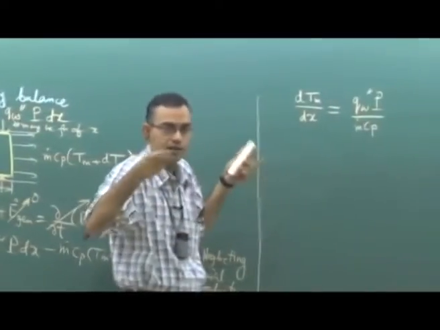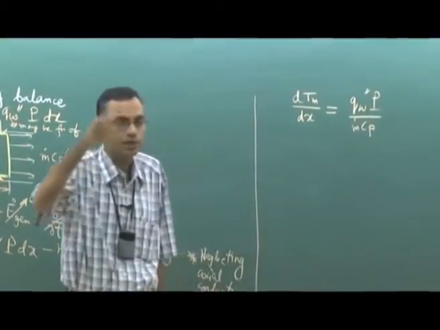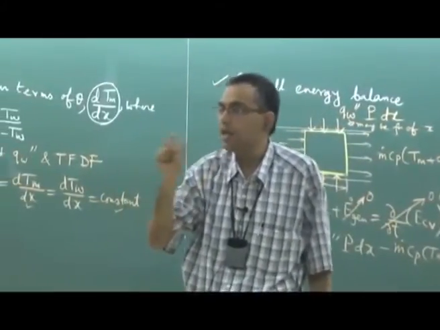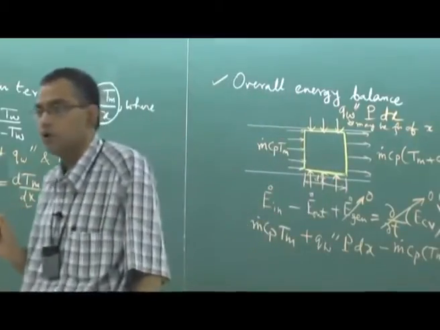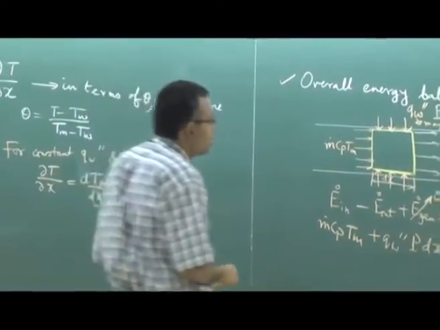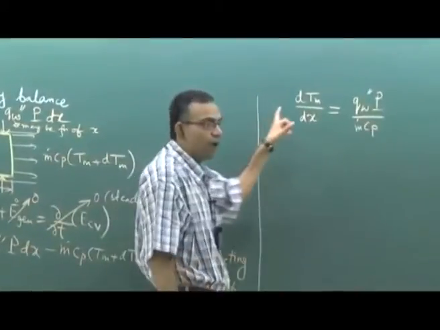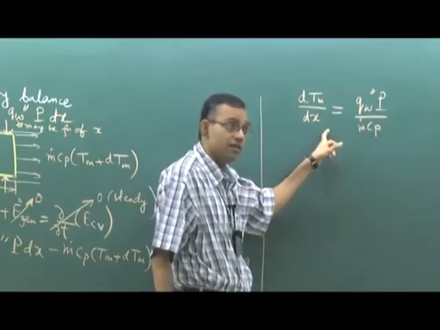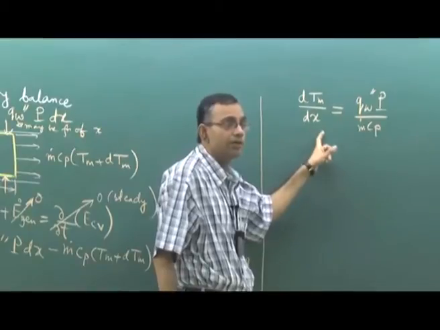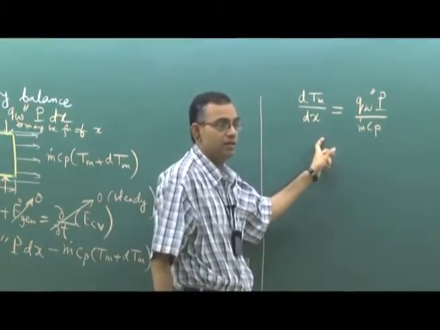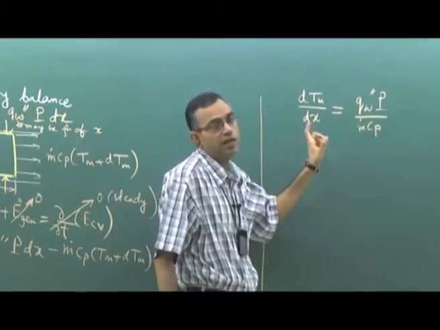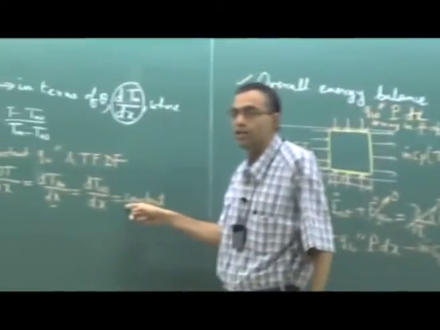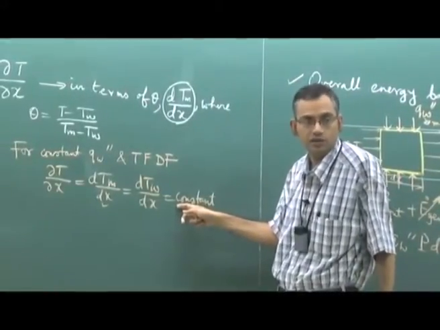It is just a simple energy balance using the definition of bulk mean temperature, that is converting the multidimensional problem to a one dimensional problem, but it does not take into account whether it is thermally fully developed or not. So the conclusion is that even if the flow is not thermally fully developed, for constant wall heat flux dTm/dx is a constant, but this is still an approximation because it has neglected axial conduction. If you do not neglect axial conduction, that is not true, whereas this is exactly true, does not matter whether axial conduction is there or not.